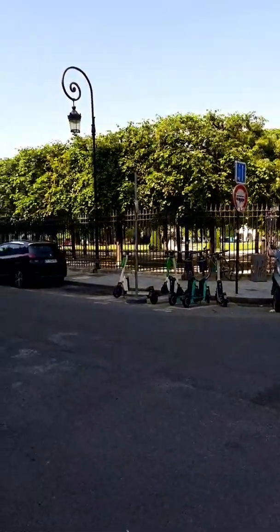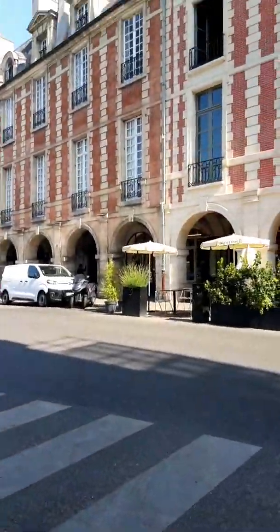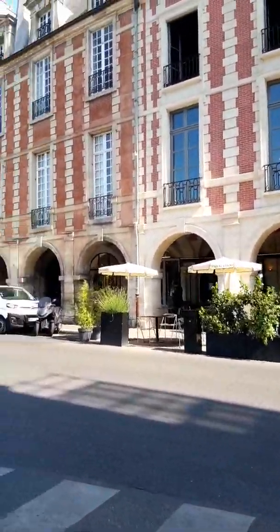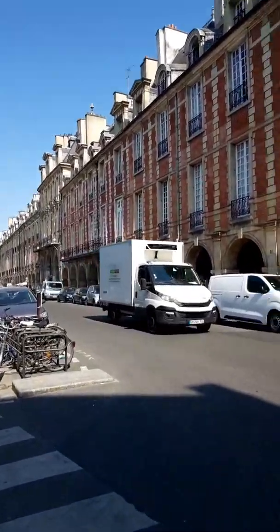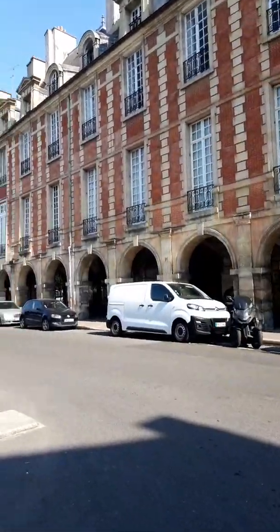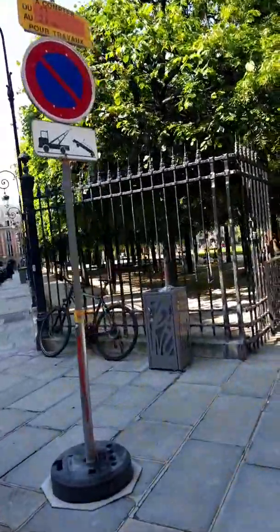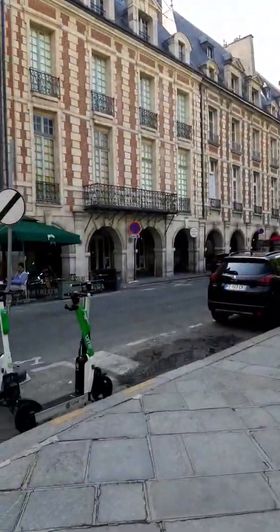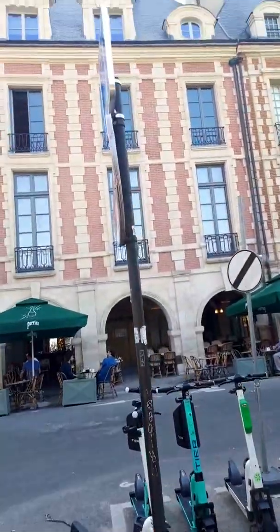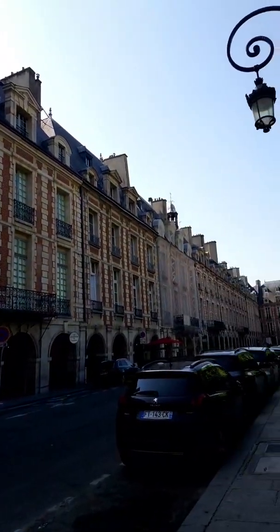I'm going to flip my camera around and show you where we're heading. So this is Place des Vosges. So this is a lovely area of Paris. It's an area I'm not really familiar with. I've only been a few times, so I thought it was high time that I come see it. So basically it's a courtyard. Salut Judy! It's a courtyard of beautiful buildings from the